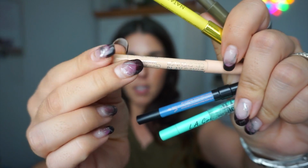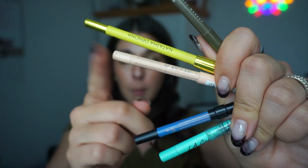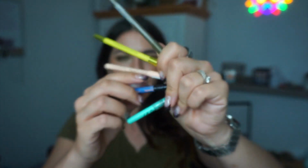The Essence Stay and Play in Silky Nude, that one's gorgeous. Wear that all the time. Another one that I repurchased and brought into my collection. One I'm really sad about running low on. It's not even like close to being gone, but I know I can't get this anymore because it was limited edition,